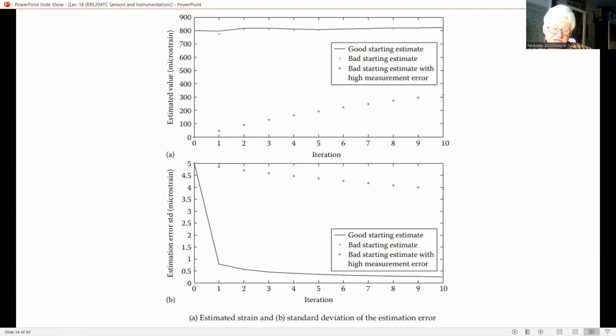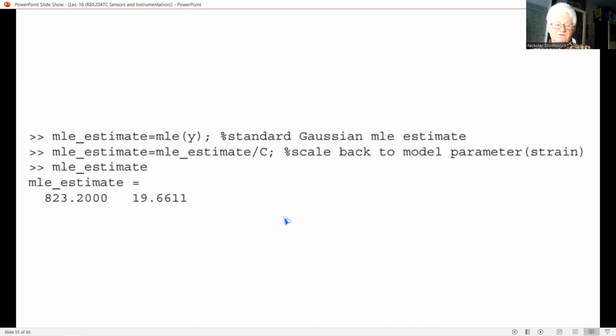Had we proceeded further with more steps of iteration, the estimate would improve. The results from these 3 cases are plotted in figure A. In particular, it is seen from figure B that the STD of the estimation gradually converges to a steady value. You can see this in the example. Next, we use the conventional Gaussian MLE procedure,